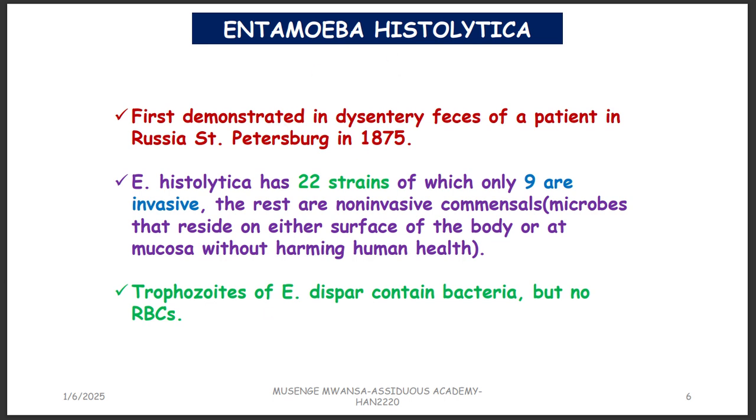It has got different shapes. Okay. It has got what we call the trophozoite. This is the one that you can see here. And then we have got what we call the cyst and then the precyst. So one thing you need to know is that